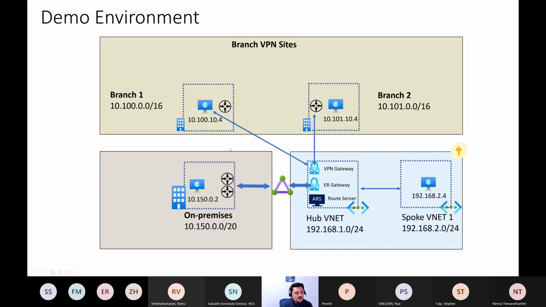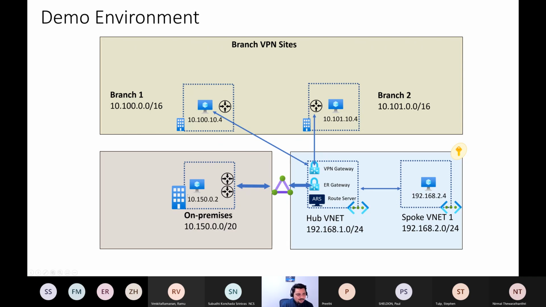So this is my lab. As I talked about, I have two branches which are connected with a Cisco ASR router. In my scenario, I'm using BGP. So these two branches are connected to the VPN gateway using BGP, but you can have VPNs which are non-BGP as well. You can have a VPN without BGP, and it will still work. And here I have a VM sitting in Google Cloud, which is